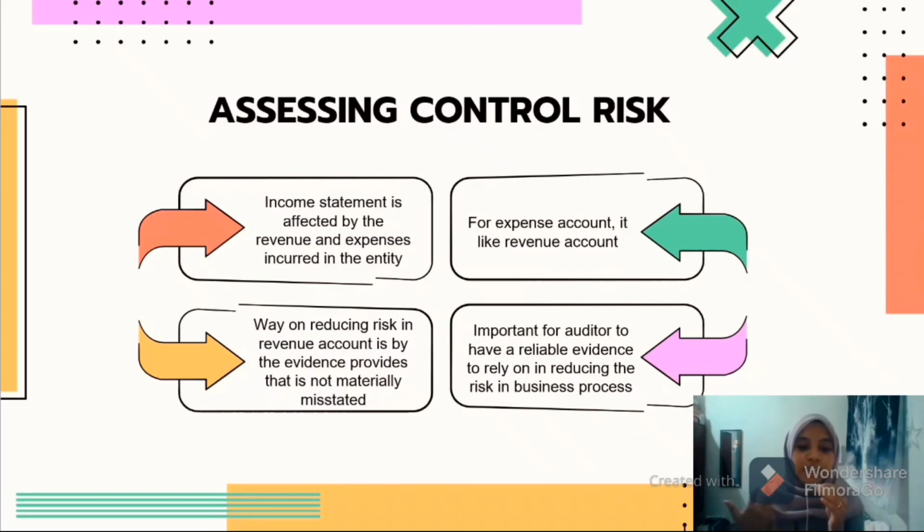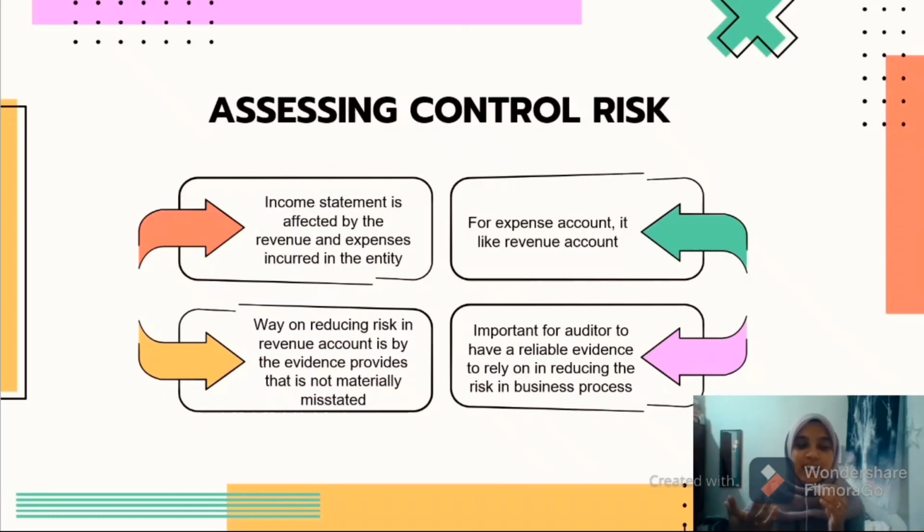What we want to see is that in order for the auditor to reduce the control risk, they need to have reliable evidence on the accounts included in the income statement. It is very important for the auditor to have this evidence because this is what they will rely on in reducing the risk in the business process. And this is the only way auditors can reduce the risk in the revenue account because